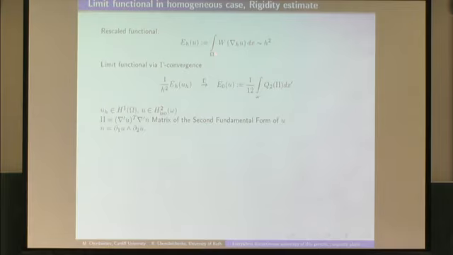So the bending energy becomes h to the power 2. If we have a sequence, well, if we consider this rescaled functional divided by h to the power 2 and pass to the limit, the correct limit functional, which describes the plate behavior, is this one. It's given as an integral over the two-dimensional domain omega of a certain quadratic form of the matrix of the second fundamental form of the limit surface U.